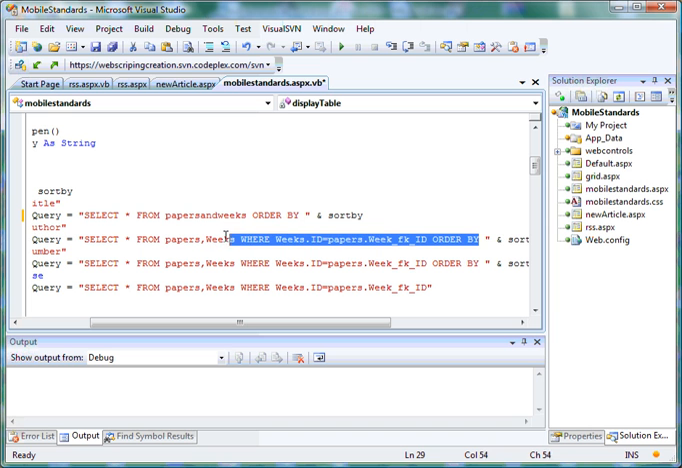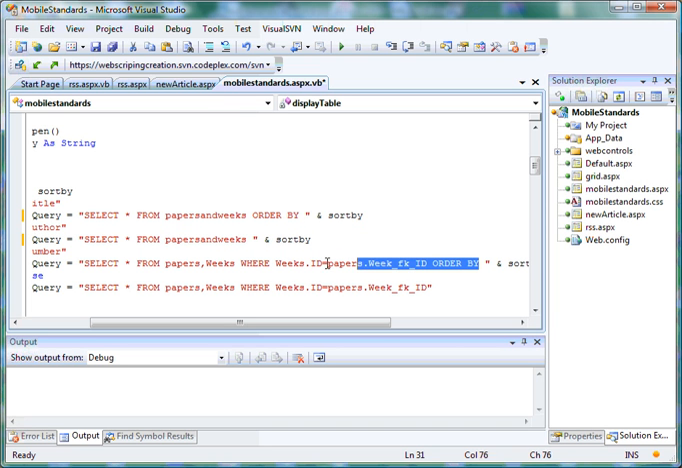So what we're going to say is select star from this query, from papers and weeks, order by. Oh damn! In the second one, I've accidentally missed out the order by. So let's just put the order by here. And finally, the last one doesn't have any order by, so we just simply use papers and weeks